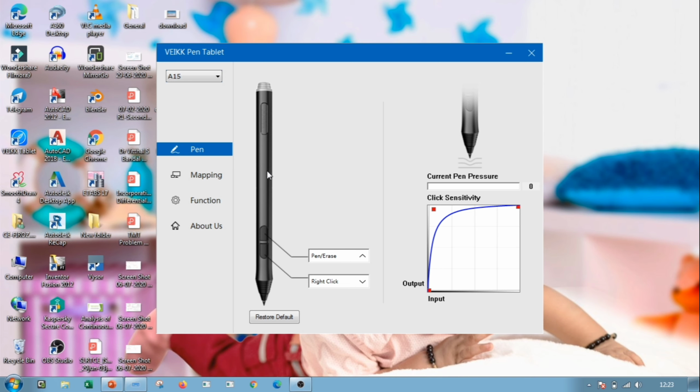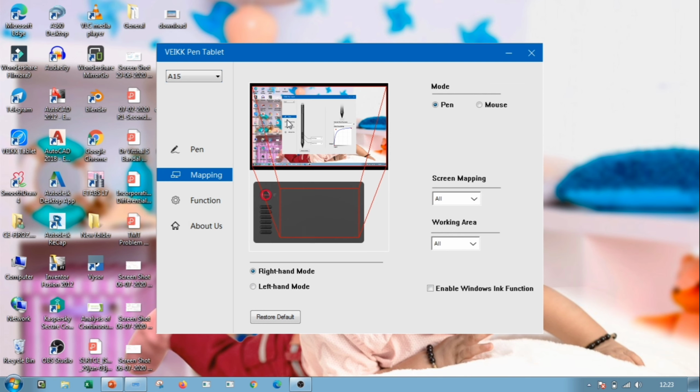So you see the digital pen, it comes with 2 hotkeys. So some of the keys of the keyboard or the click of the mouse can be controlled by these 2 hotkeys. So you have to assign the keys of the keyboard or the click of the mouse. And here you see it talks about click sensitivity or sensitivity of the pen. So the more the sensitivity, the more smoothly you can write on the plate and it will be reflected to the screen. Here we will talk about mapping.